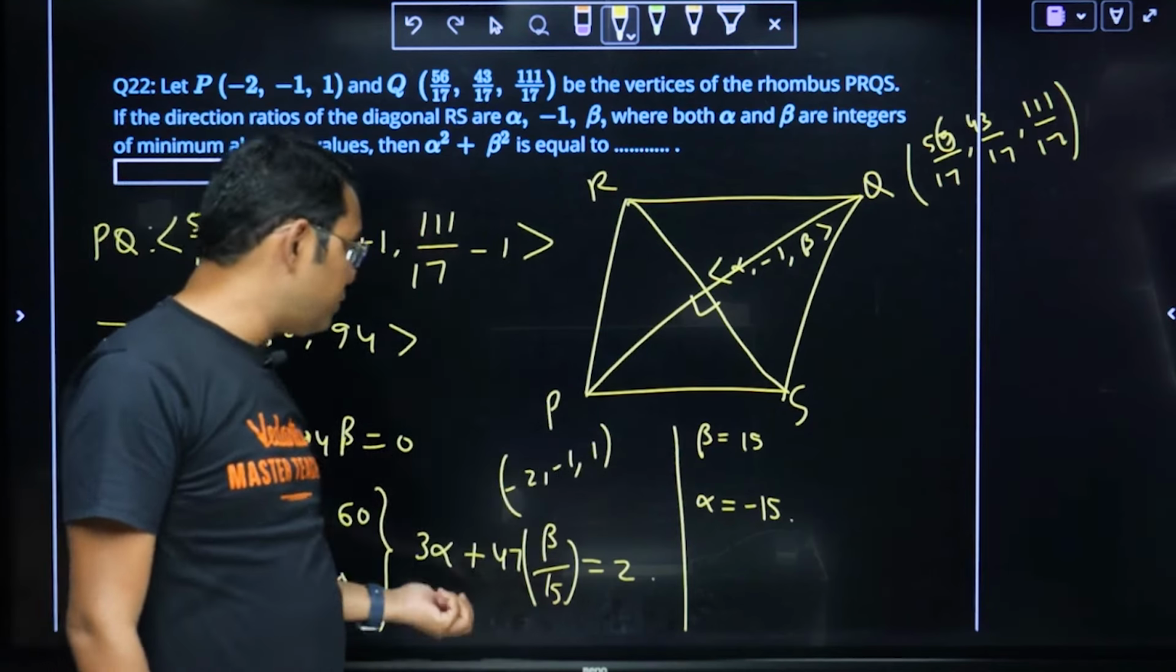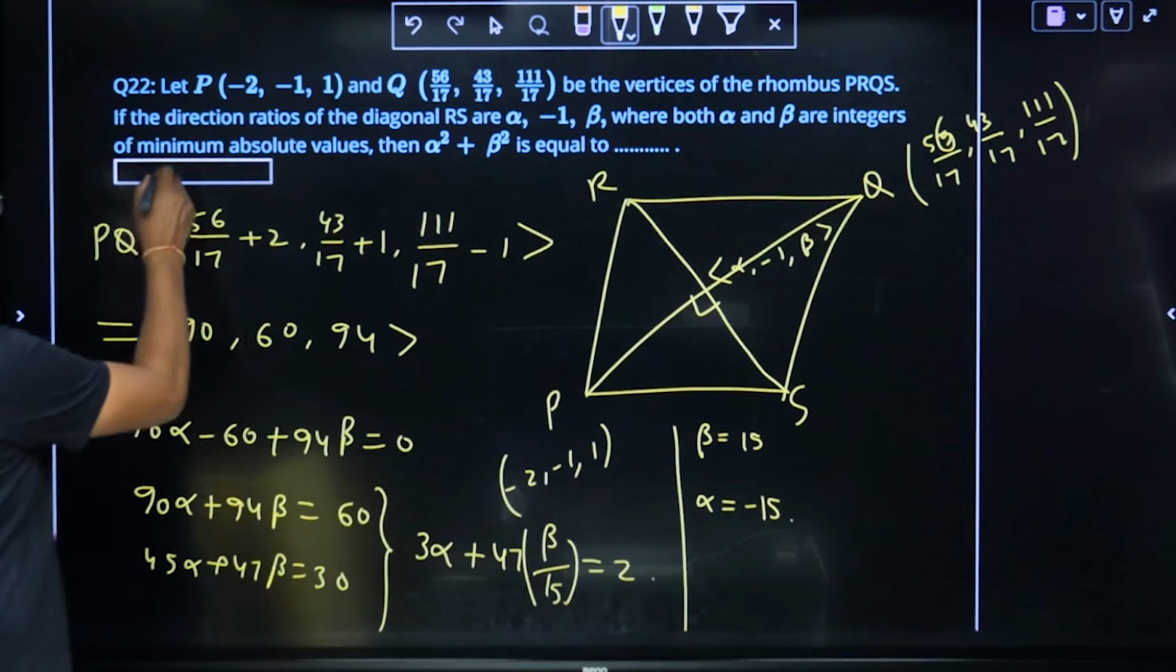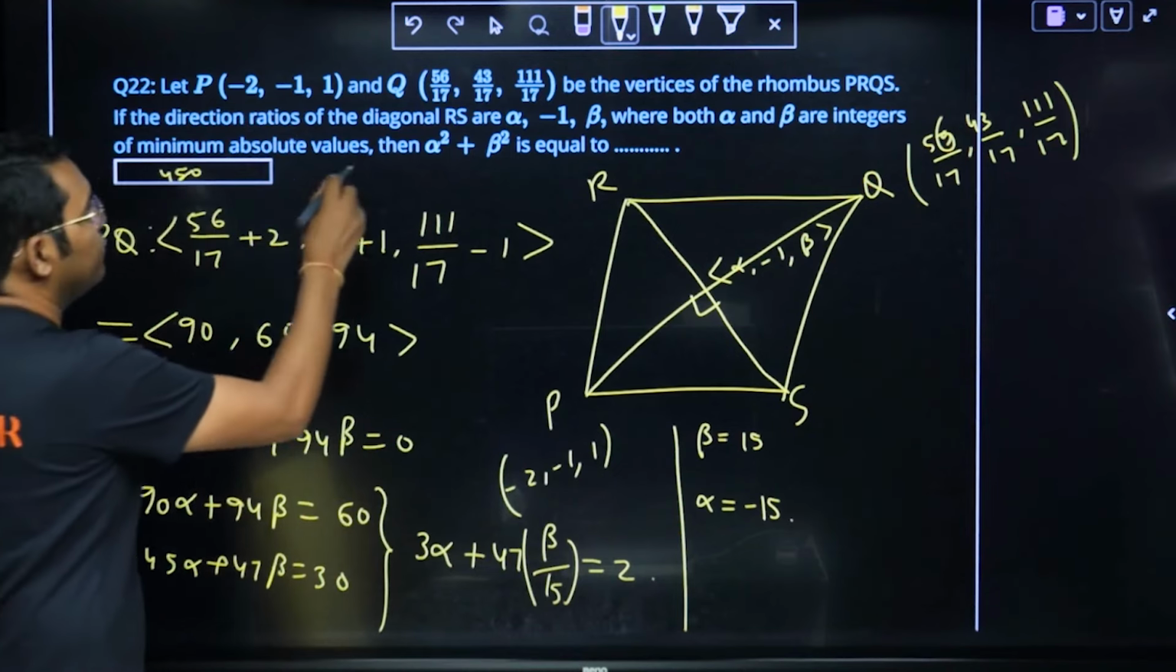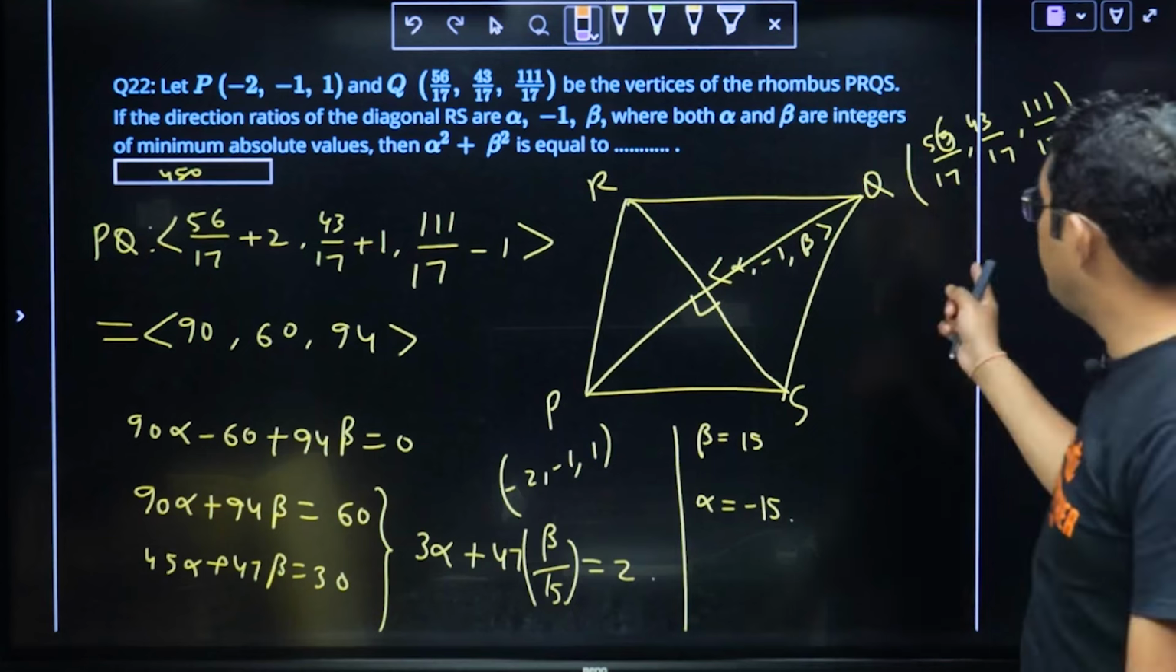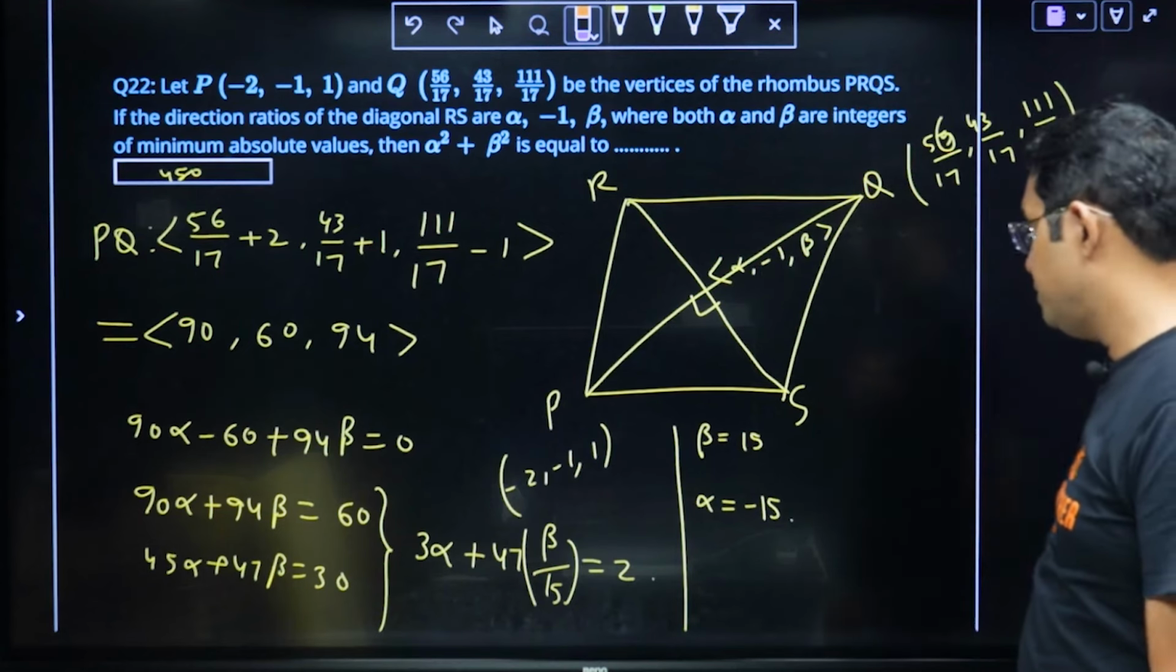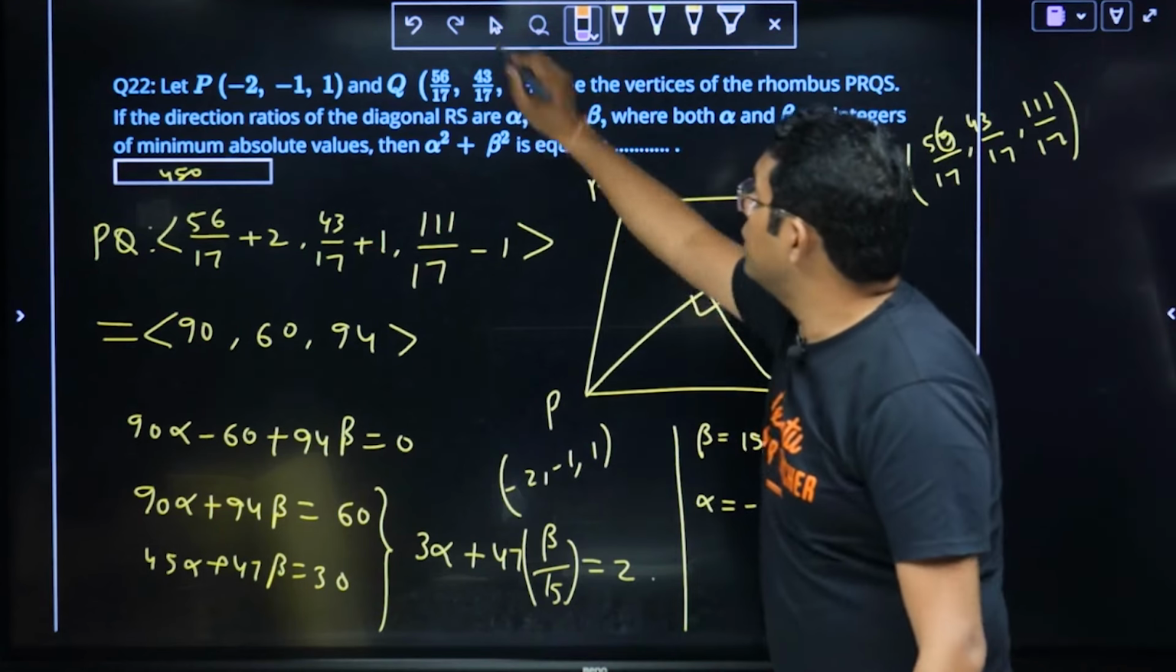So alpha square plus beta square will be equal to 225 into 2, that is 450. The answer for this question should be 450, since both alpha and beta are integers of minimum absolute value. Moving to the next question,